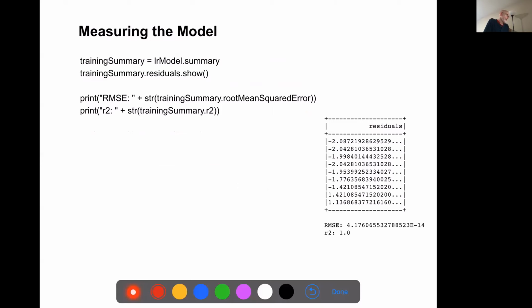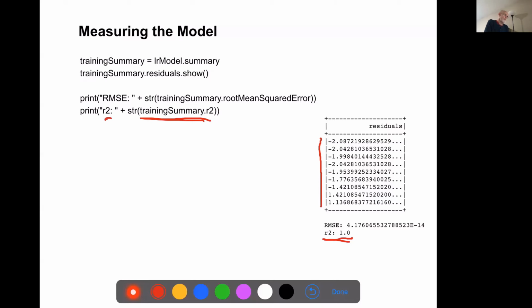Then we can look at the R2 value, right? And the R2 value is basically 1, which means it's a perfect match. We can look at the residuals, right?